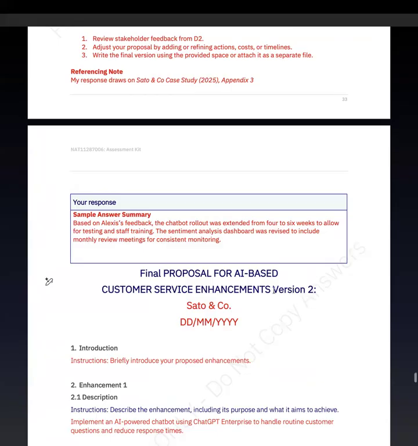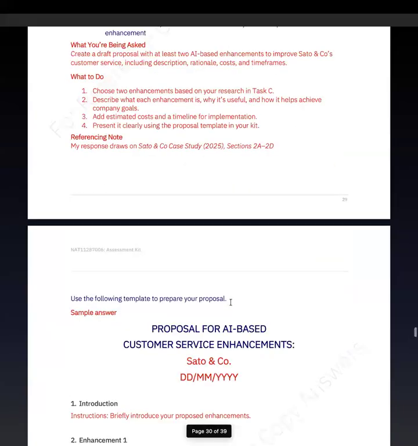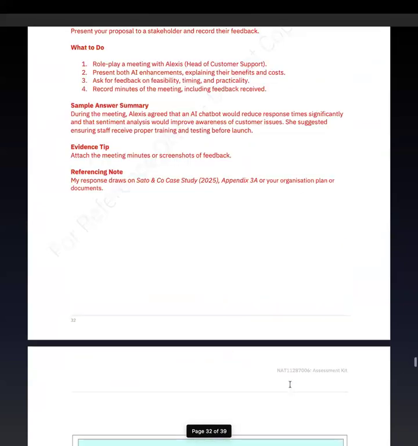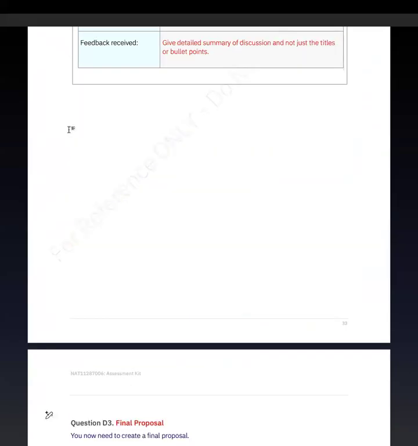And probably if you want to, you can once again go back here and add a little bit of draft proposal, and you can say version 1. Okay. So in that way, we can easily distinguish between the